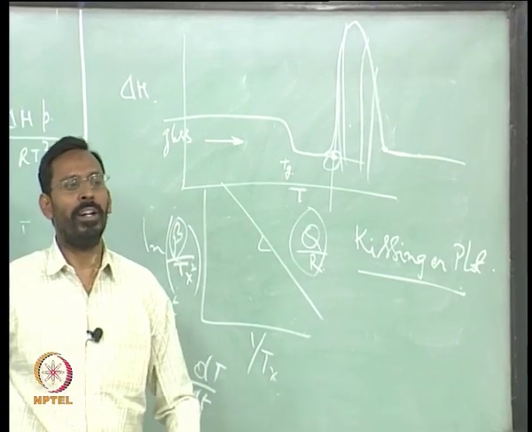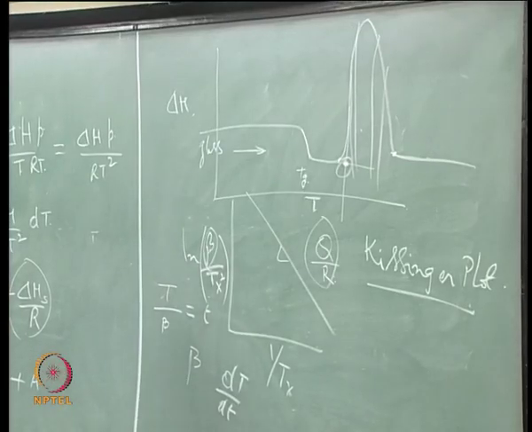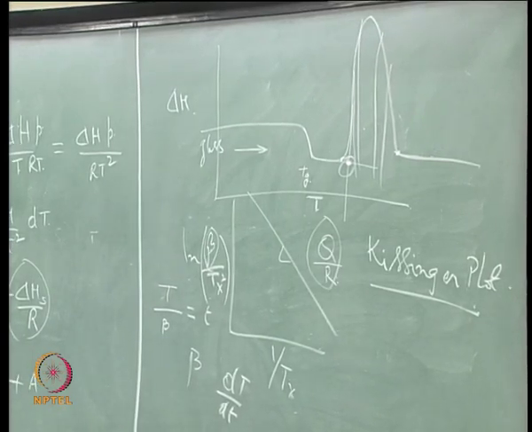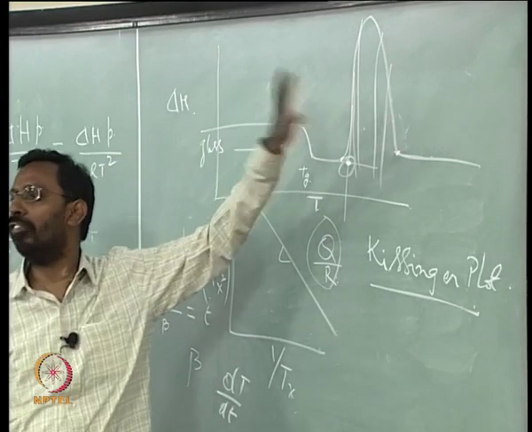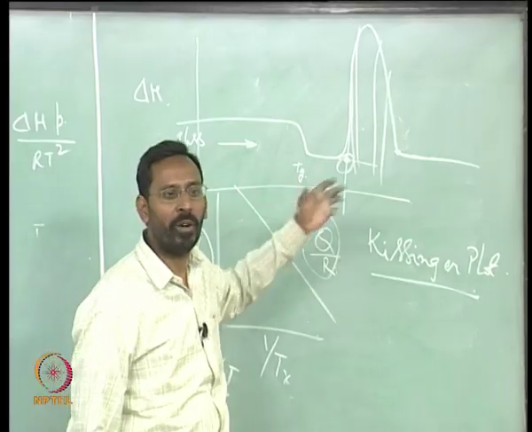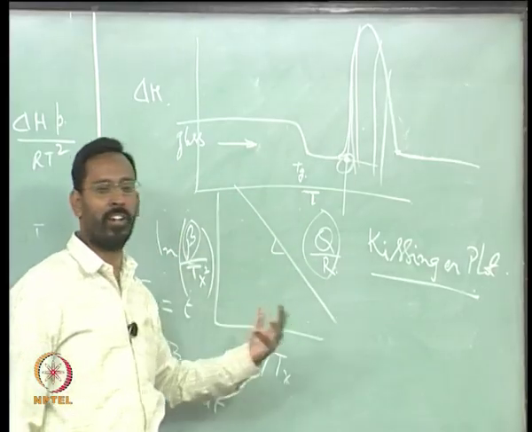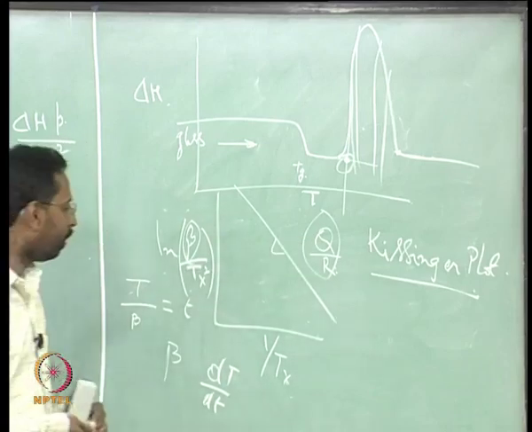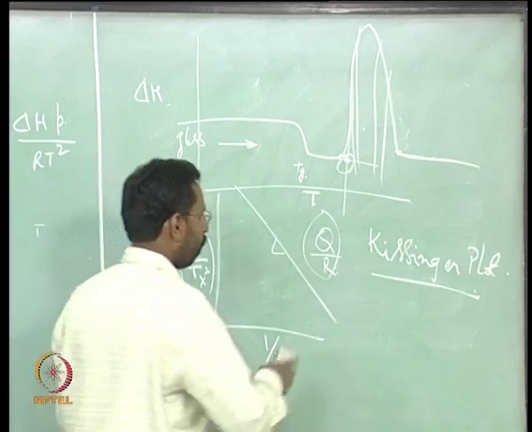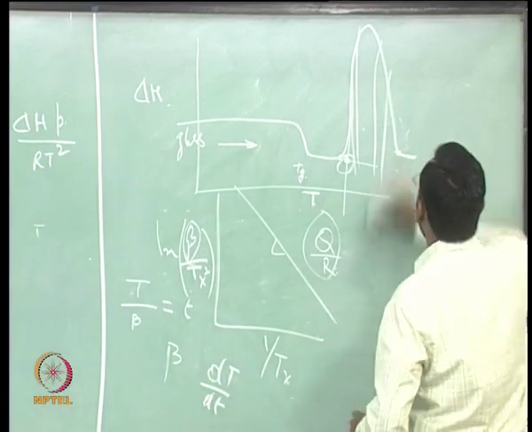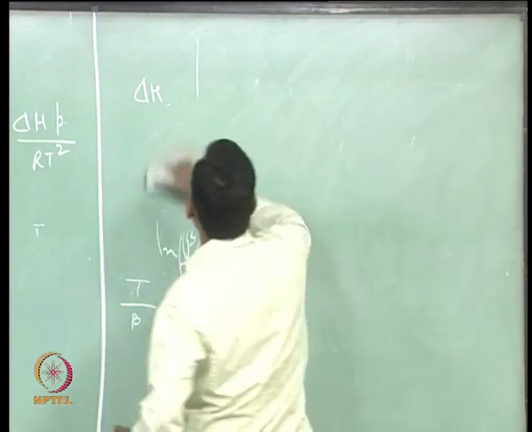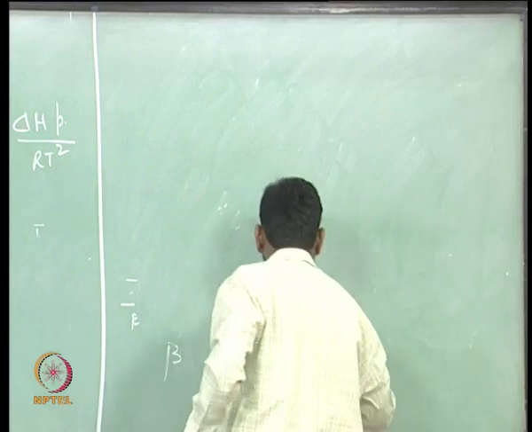It is similar to our TTT diagram. At a given temperature you are talking of onset, the start of pearlite formation, and the end of pearlite formation. Exactly similarly, you can do a DSC, which is called isothermal DSC, and find out how the fraction transformed evolves, and that fraction transformed can be correlated to an activation energy. We will not talk about it at the moment because this is too much kinetics, but sometime if you are interested we will talk about it. Okay, so this is all about